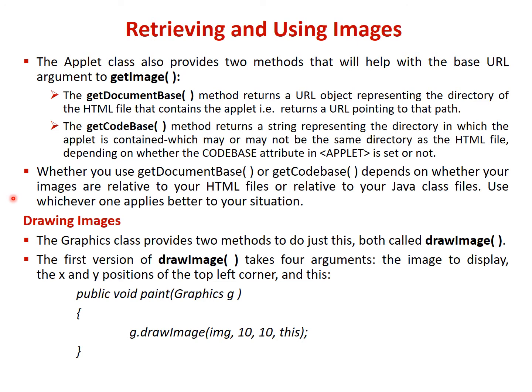Drawing images. The graphics class provides two methods to do just this, both called drawImage method. The first version of drawImage takes four arguments: the image to display, the x and y positions of the top left corner, and this. For example, public void paint(Graphics g) { g.drawImage(img, 10, 10, this); }